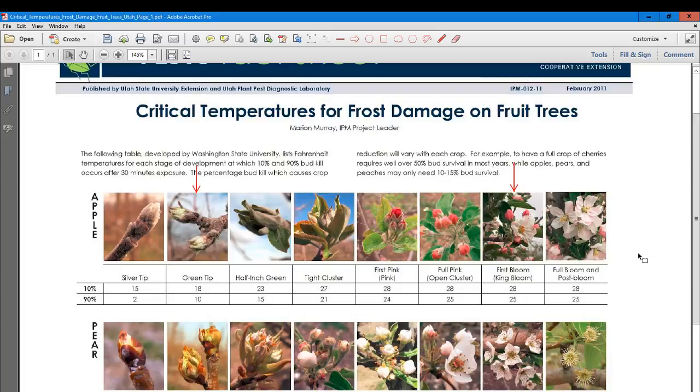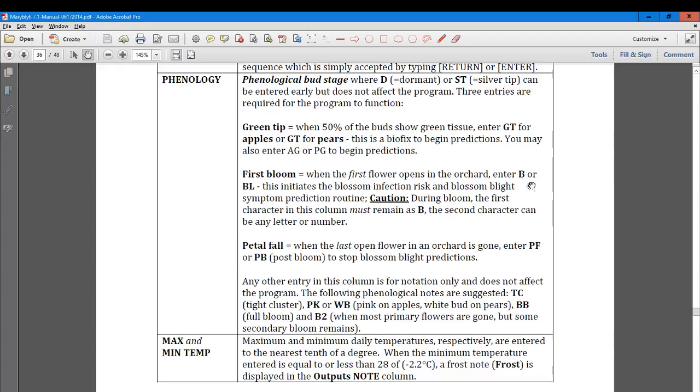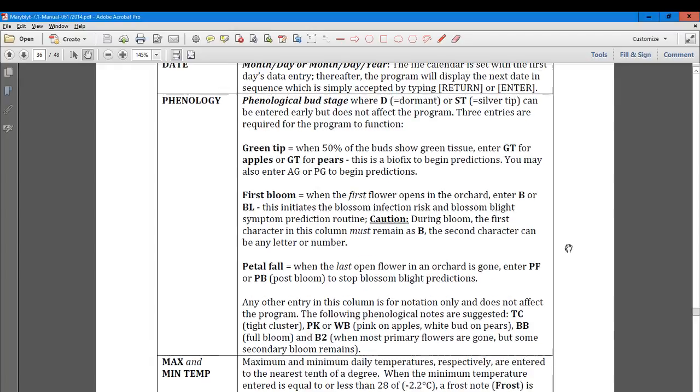And then petal drop is, of course, well, there's no more petals. They've gone away. Going back to the page in the book, you can put other things in there. I recommend you do it. Keep track of it. So TC for tight cluster, pink. The big thing is the first letter B is going to mean bloom. And if you want to expand on that, then make some recommendations, but you'll see they always have the first letter B. All right, so I hope this clarifies a wee bit